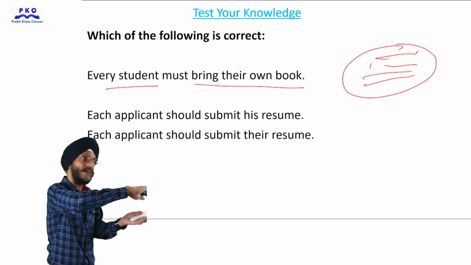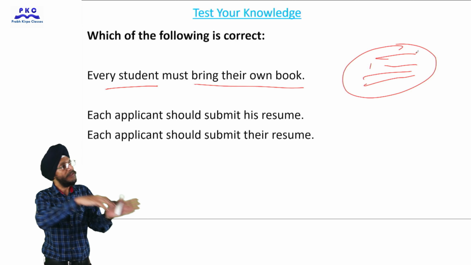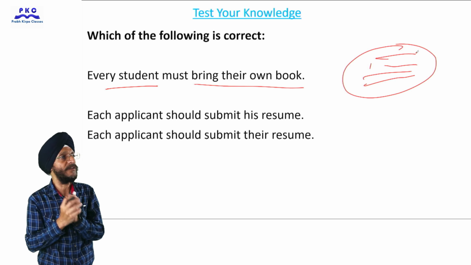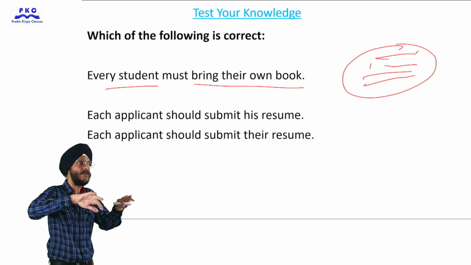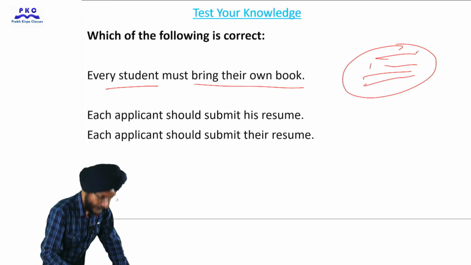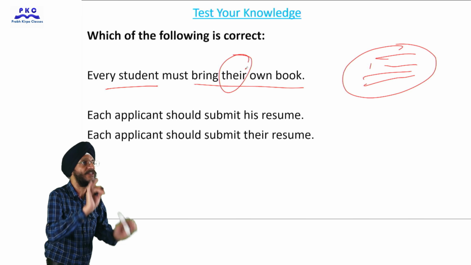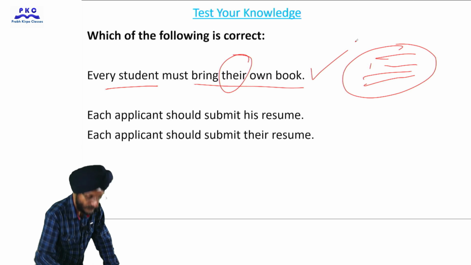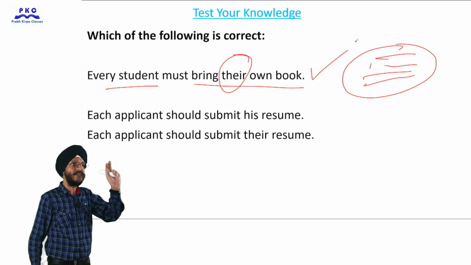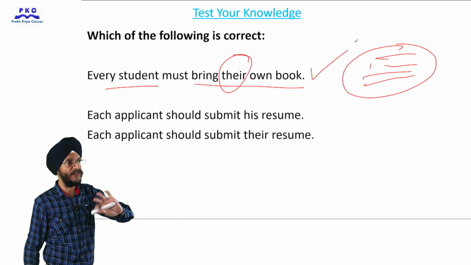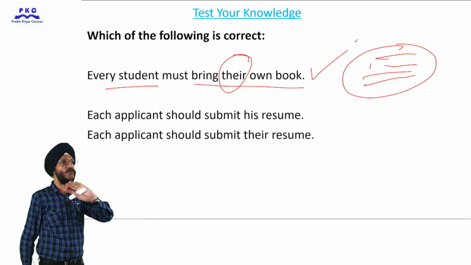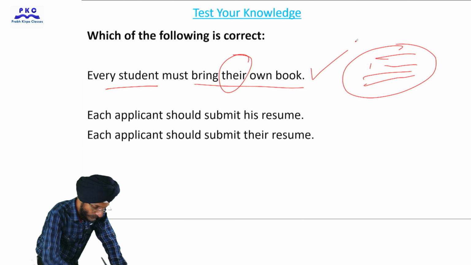It may be possible that all are boys. It may be possible that all are girls, or it may also be possible that some are boys and some are girls. We do not know. The position is not clear. So to adopt a gender neutral approach, we can comfortably use the word their. So the sentence is okay. To adopt a gender neutral approach, it is quite okay to use the word their when the gender of the person is not clear or not known to us.